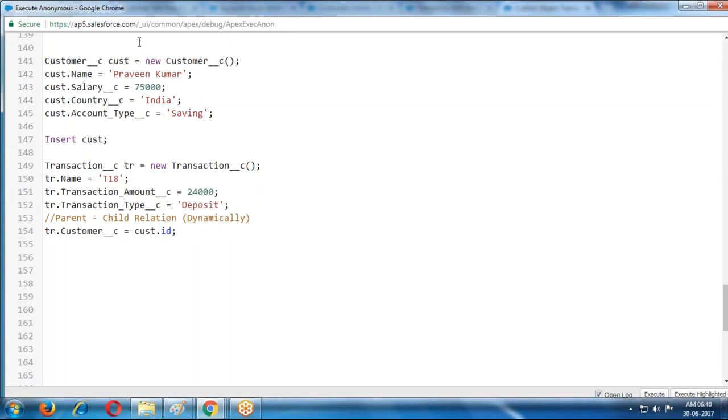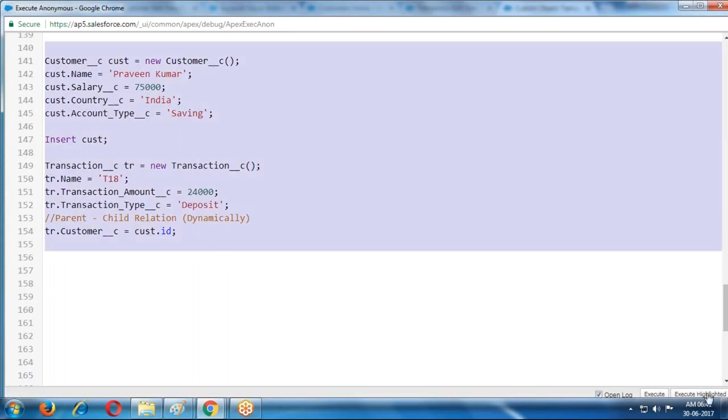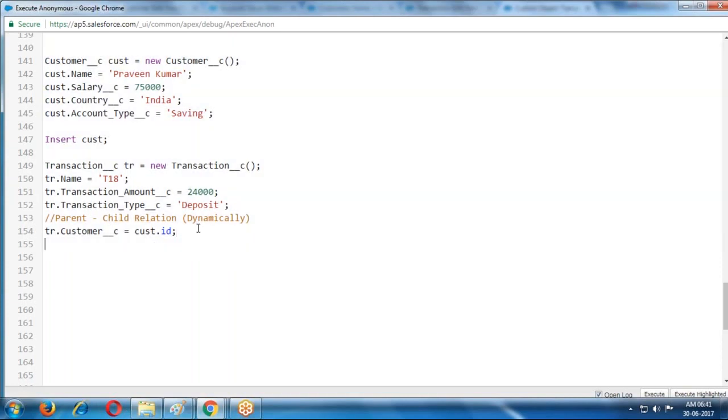Like this, if I am creating one record, what are we using here? Okay, sorry. We did not insert the child. Insert transaction. Only the customer was created.